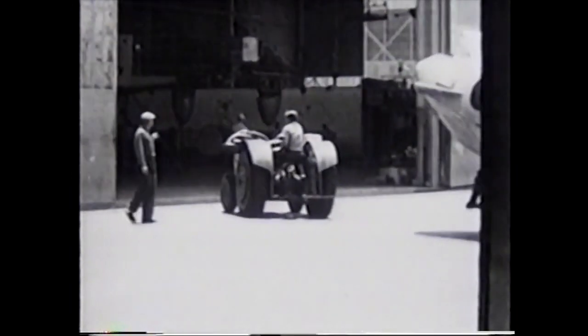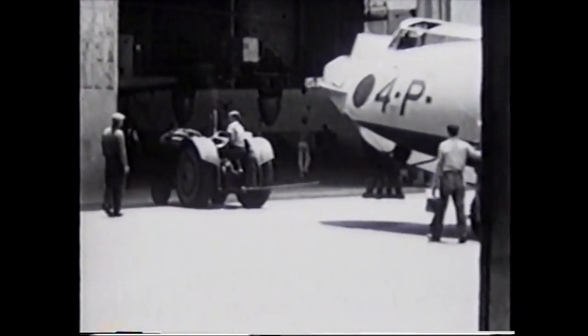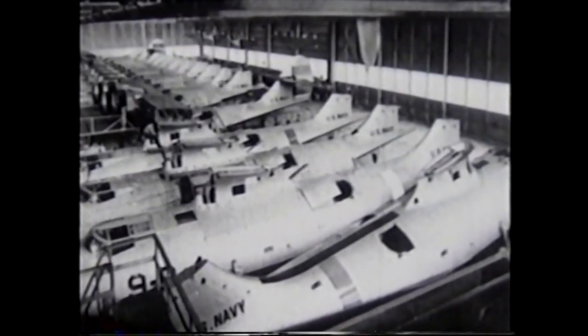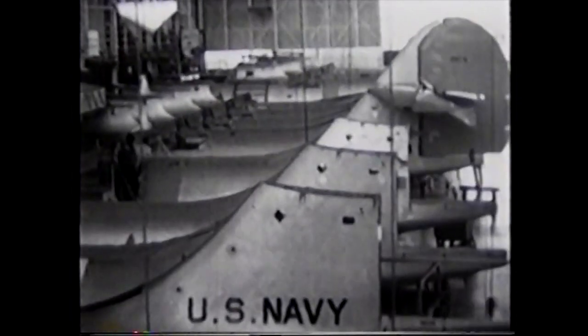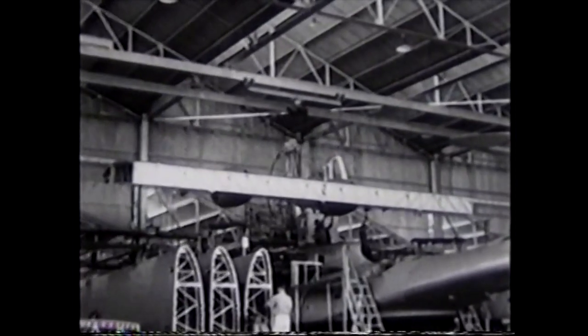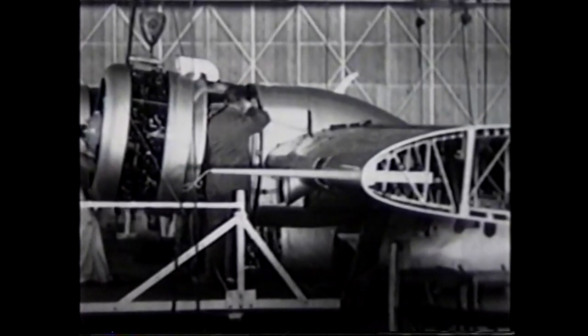As the hulls are turned out by the finishing department, they are moved to another section of the plant devoted entirely to final assembly operations. Rolling easily on its beaching gear to its allotted place in the line, the hull is now ready for its wings, engines, and tail surfaces. The wing center section, built for interchangeability and perfect alignment, is brought to the hull and gently lowered on to...